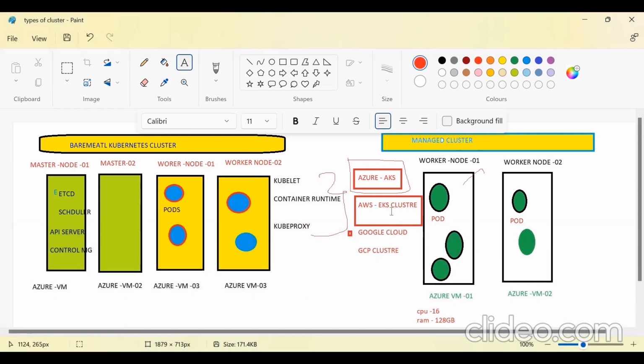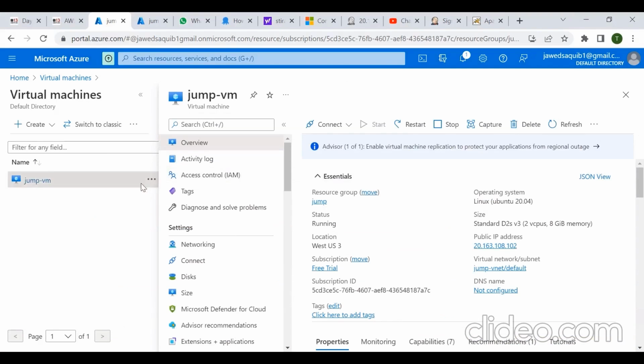Application as a pod. Okay, so in the earlier time, when Kubernetes was not in the picture, in the previous days, what we did was create one virtual machine in Azure, or if you are using AWS, then you purchase or create one EC2 instance. On the top, you have to set up the application.